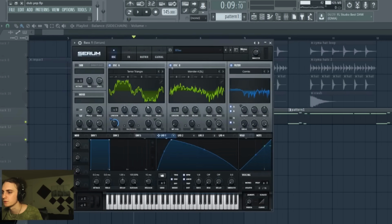And I think the last thing I'm going to do is make some small little changes. Come down here, I'm going to add a pitch bend. If you put these at plus 12, minus 12, that just means up an octave, down a whole octave. So whenever you turn this knob, you're just going to shuffle in between the octaves, which is pretty cool. You can get a really nice pitch bend, like